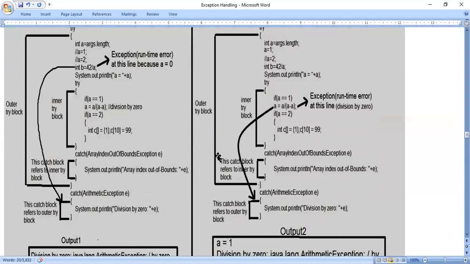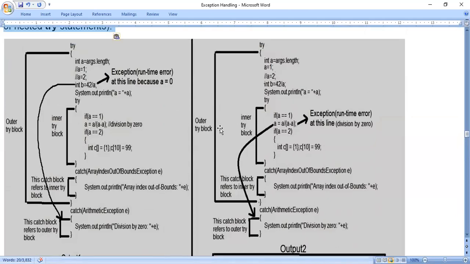Because in nested try, you see this example. If you go for the second case in this diagram, on the right side, an error is caused in the inner try block.